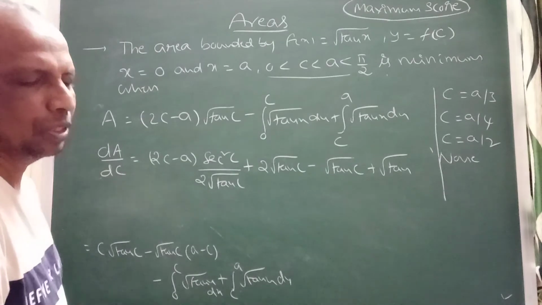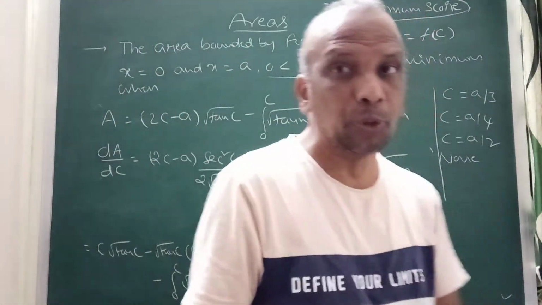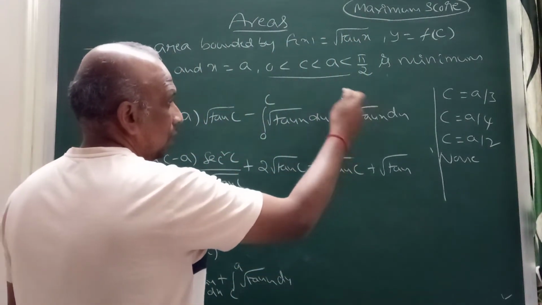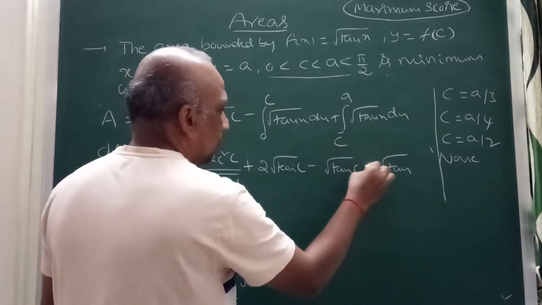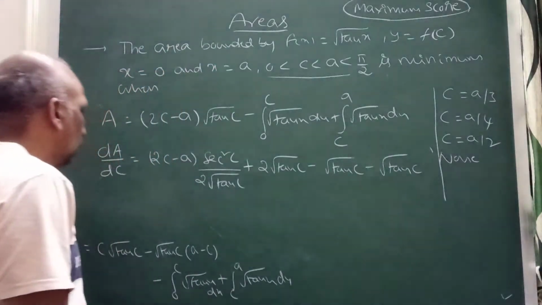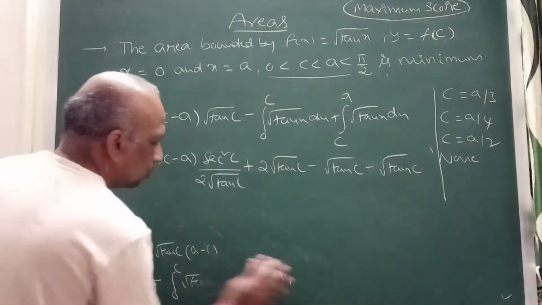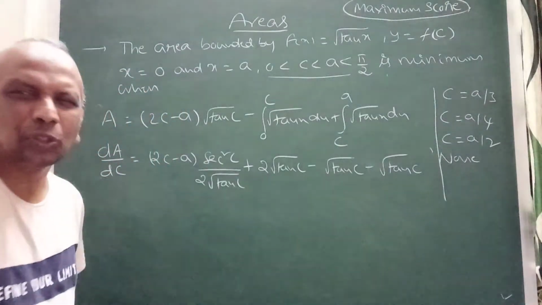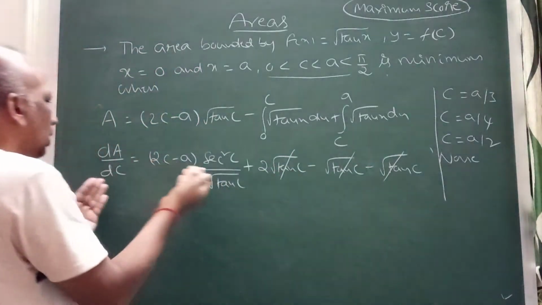If you observe this one, you will get one is positive, one is minus. I am taking minus root tan C, this is applying upper limit. Applying Leibniz theorem, this is constant 0, minus root tan C will come. This is dA by dC. Correct, I have done dA by dC. Is it right? This is dA by dC. You can observe here, this 2 root will get cancelled with this.